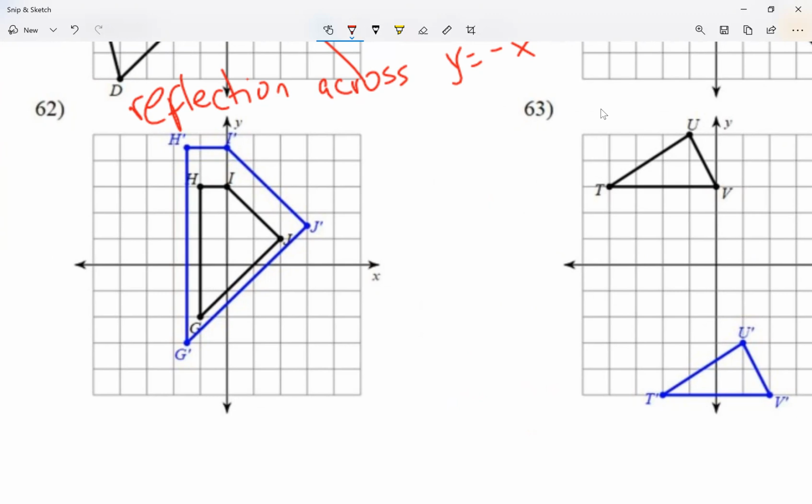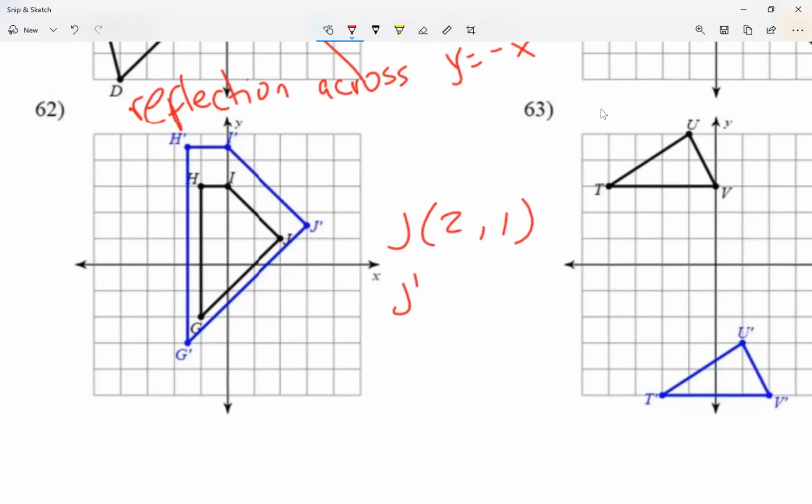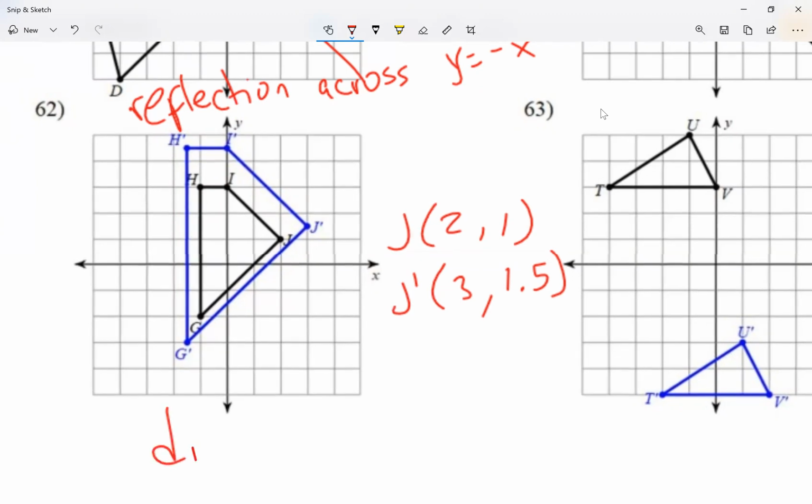Let me look at the coordinates of one point. Let me follow J. So I see that the coordinates of J are 2, 1, and the coordinates of J prime are 3, and the Y value looks to be about 1.5. I'm sure on the X value, but not quite on the Y value, because I don't know if it's 1.4 or 1.6, right? It's a graph. I cannot be that sure. It looks about 1.5. So I know it's dilation, so I'm just going to write dilation